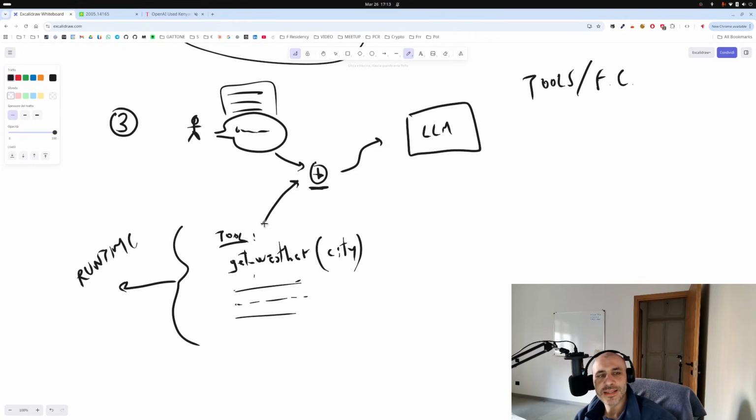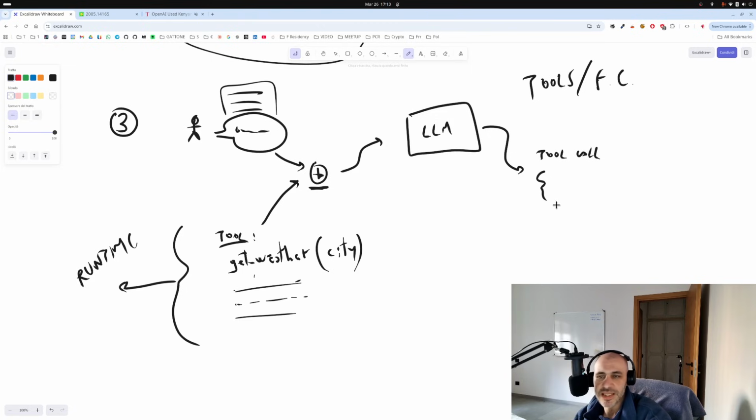And in case the user says, give me the weather for Rome, and in the context there is a description of a function called getWeather that takes as one argument city, the language model will produce tokens, so still tokens one by one, but these tokens will contain a tool call. What is a tool call?